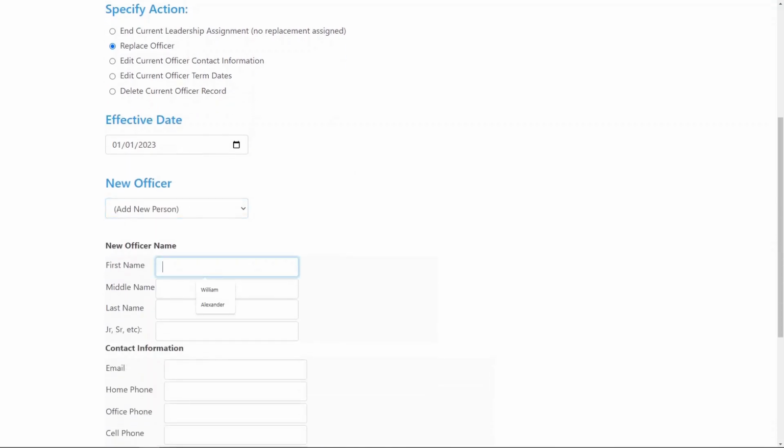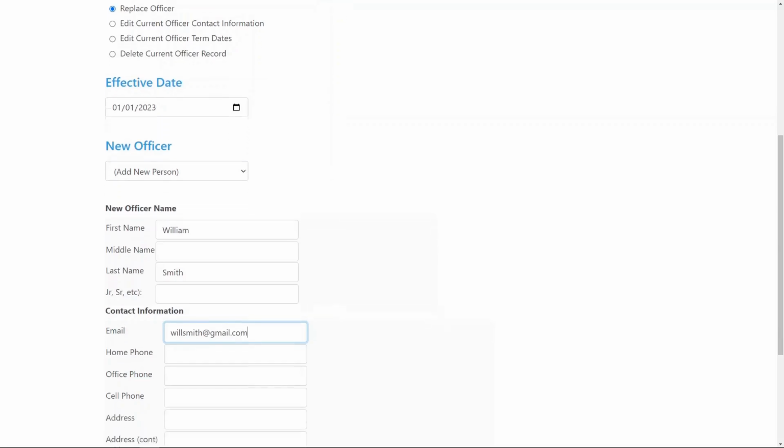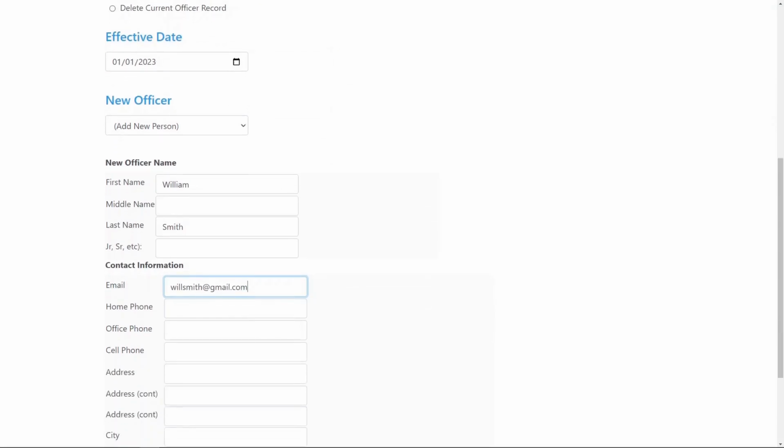You can see, let's see here, I'll do William, I don't know, Smith. Smith's a good name. Maybe Will Smith at, let's say, gmail.com. Just realized there's a celebrity by that name. We'll make this a junior so we're not confused about that one. There you go. You type in their